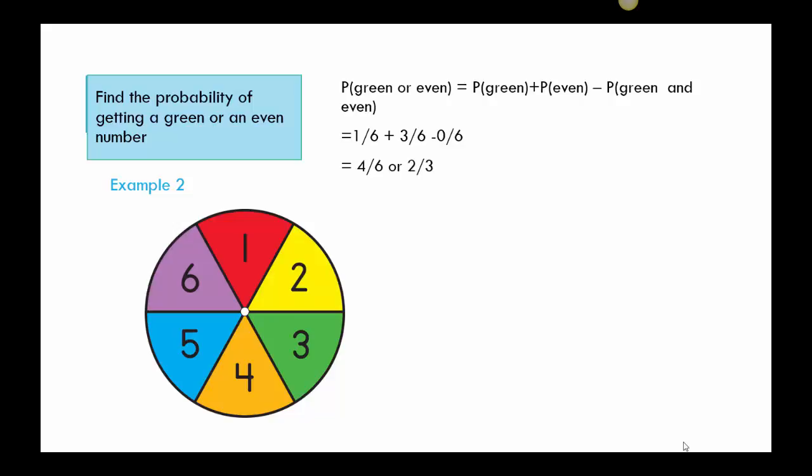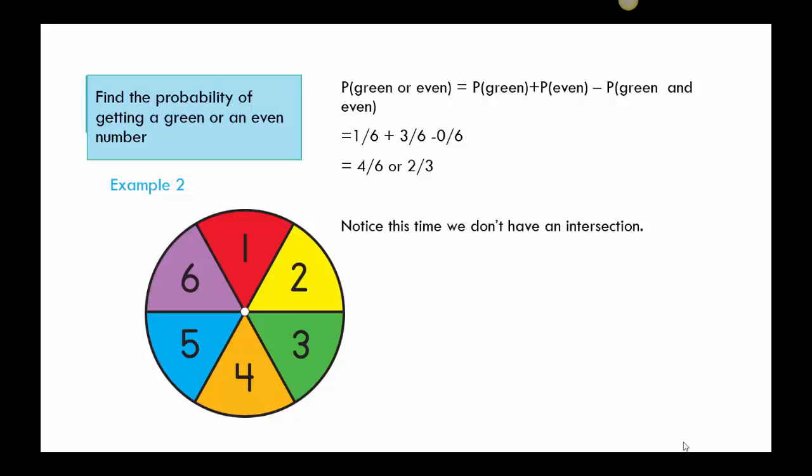All right, so let's stick with that spinner and just change what we look for. So this time, let's look at the probability of getting a green or an even number. Okay, so again, let's go back to that formula. So green or even, I would have probability of green plus probability of even minus the probability of both green and even. Okay, so 1 green, so 1/6 probability that I'll get a green slice. Even, I have 2, 4, and 6, so that's 3/6. But green and even doesn't happen, so we're just going to put in 0 there. All right. So 1/6 plus 3/6 gives me 4/6, and again, I want to reduce that,